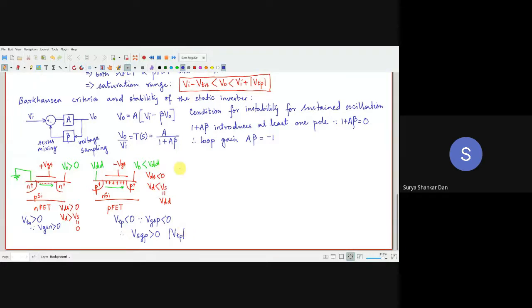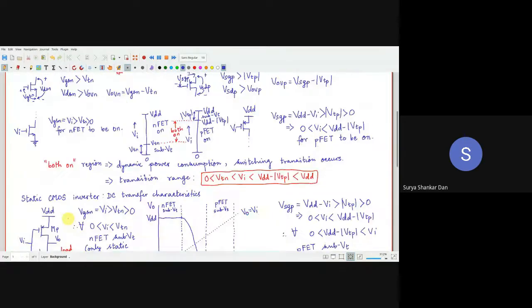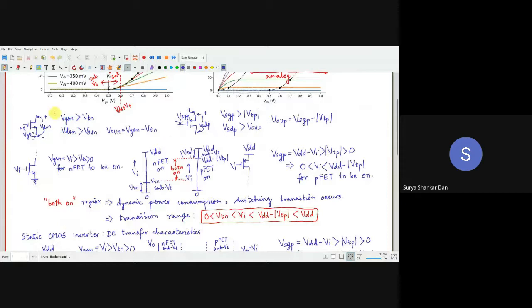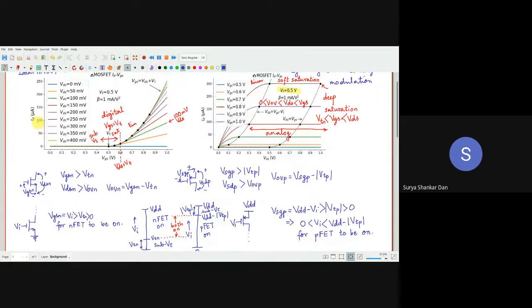So over here, what happens? You will be having VSDP is greater than 0. Then VS will be greater than VD. So basically, you are making no mistakes anywhere. Okay. So earlier we have said, okay, let's come back to the flow again. In this case, if you notice, this is the NFET. If you want to switch it on, remember this.